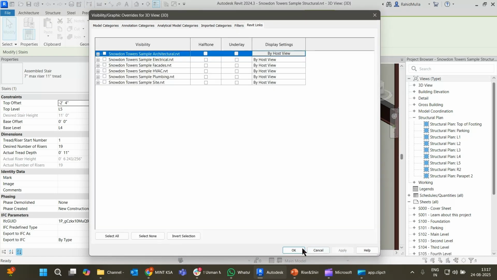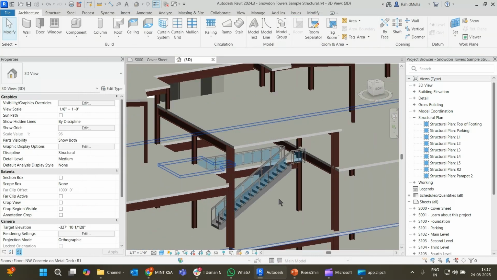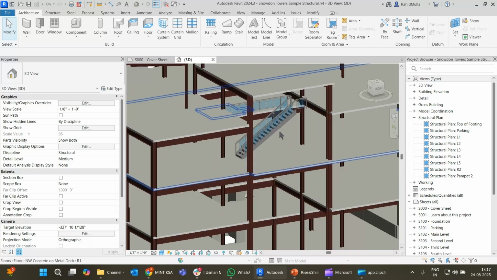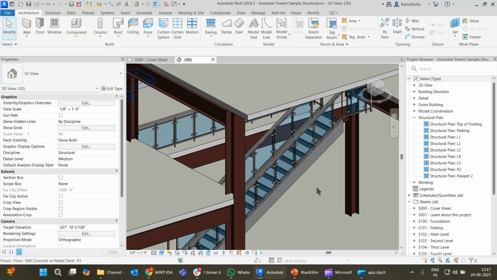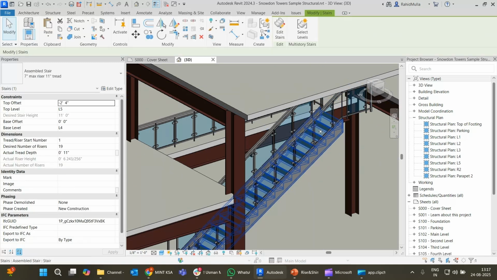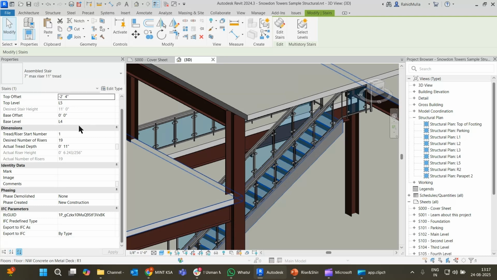I will close this, and you will see here that there is no linked model, but still there is the stairs that has come in from the linked model. Now as this is the stairs which has come from the linked file, you can interact with this element, you can do a lot of things, and if everything is fine, you can keep the stairs and you can delete the stairs from the linked model.